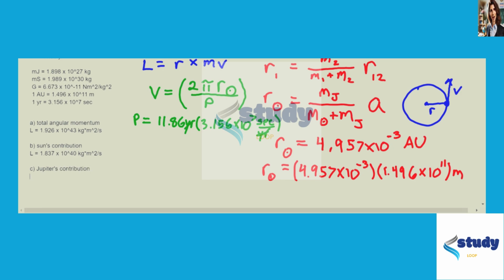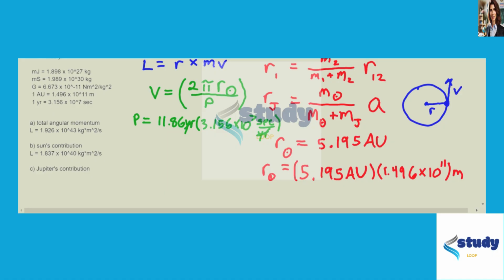So we'll be doing the same thing for calculating the distance for Jupiter from the center of mass. Again, just swapping out the subscripts. Now since we're looking for Jupiter's position R, it'll be the mass of the sun divided by the sum of the mass of the sun and mass of Jupiter. We can still use A, the semi-major axis, as an estimation for the average distance between the sun and Jupiter. And then that will give us a new distance